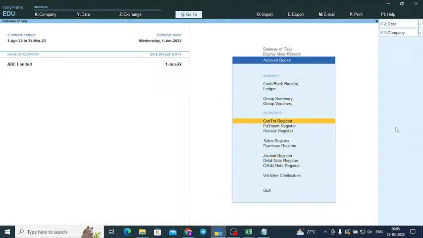And these are contra registers. You know what is contra? Anything between cash and bank, cash to cash, or bank to bank. A transaction between these two accounts is a contra. The contra register you can see. So whenever you say